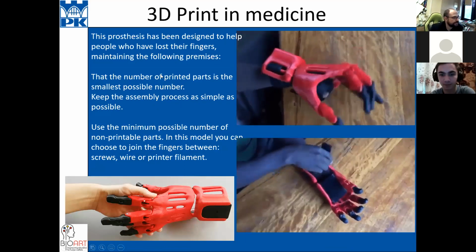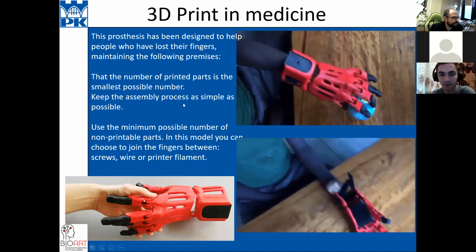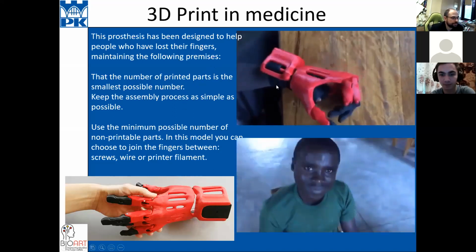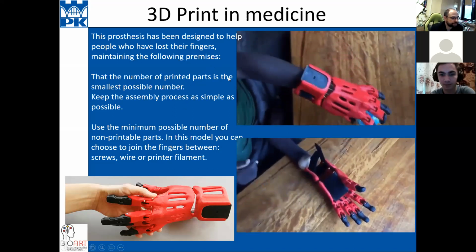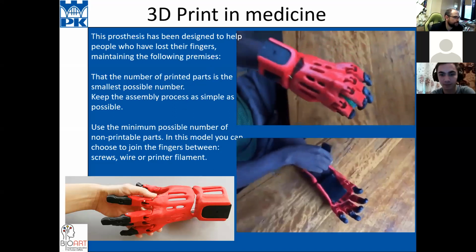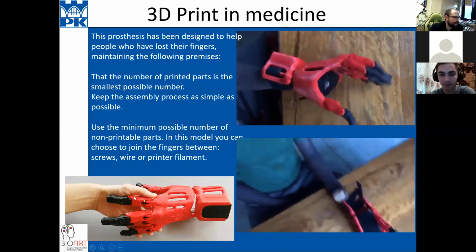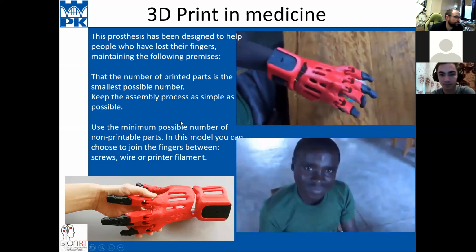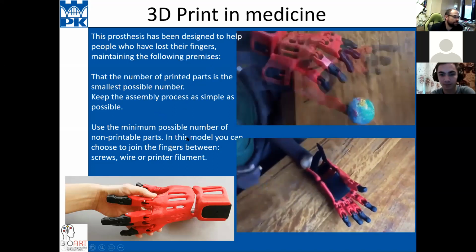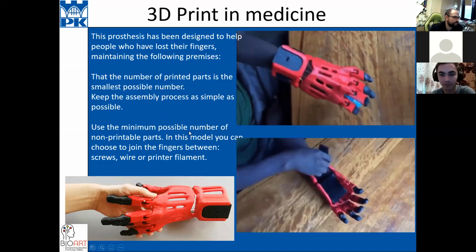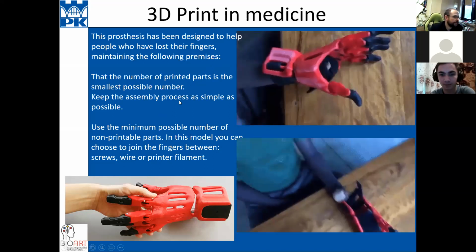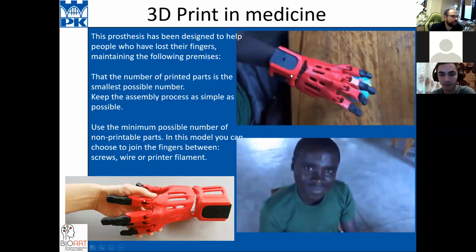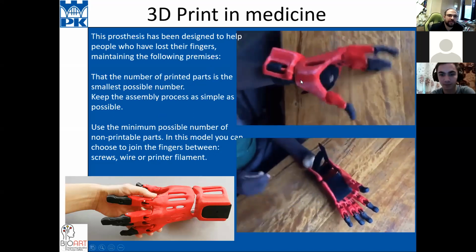For example, in this case, you get a 3D printed prosthetic hand, and you can download the files from the internet. It's open source. You can print all the elements, and you can send it to Africa to children. They don't have hands, or in most cases one hand. And this is a very nice product because you can download it for free, and you can modify this project.